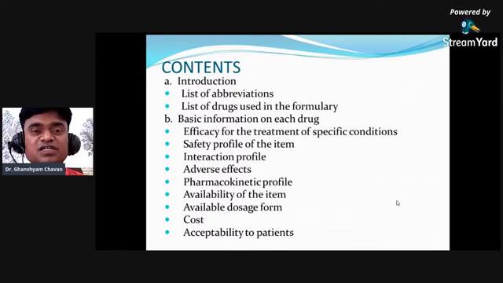So for fast action, the drug must reach the site of action. In that case, we should go for the proper dosage form. Suppose somebody is having ulcerative colitis, so your drug must work in your colon. So you should insert the drug into the colon, where it will work properly. Likewise, if the drug needs to go into your spinal cord, you can give that drug directly into the spinal cord. You should inject it into the spinal cord.